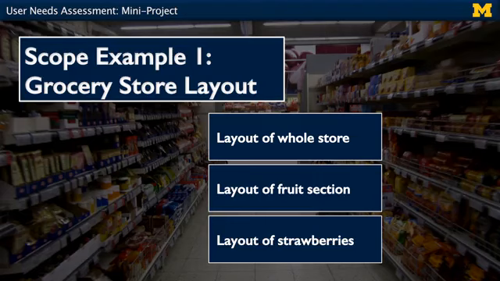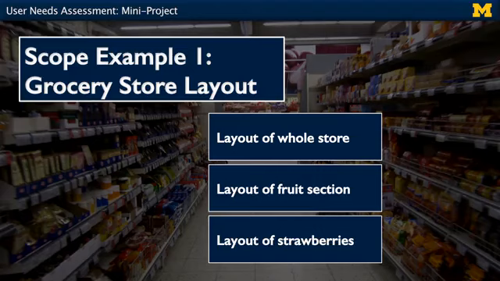Another thing you might consider is the layout of the strawberries, but that I would say is probably too small. Again, you couldn't probably do an hour of interview with somebody just asking about their experience with shopping for strawberries. However, a reasonable size project would be to consider the layout of just the fruit section. There might be something about where they put the fruit in different ways, how they arrange the organic fruit versus the fruit that's grown in a regular way, and trying to understand the differences in how users respond to that and what else they might be seeking in the fruit section,